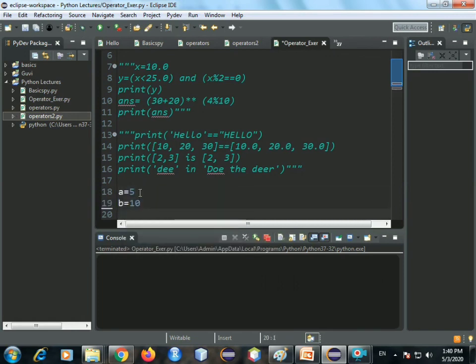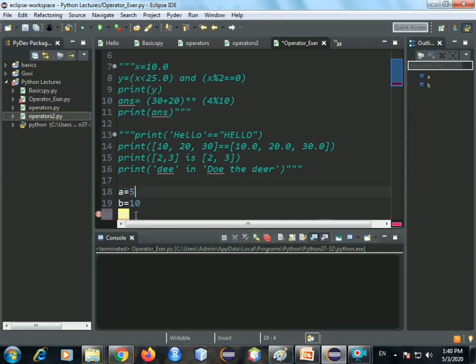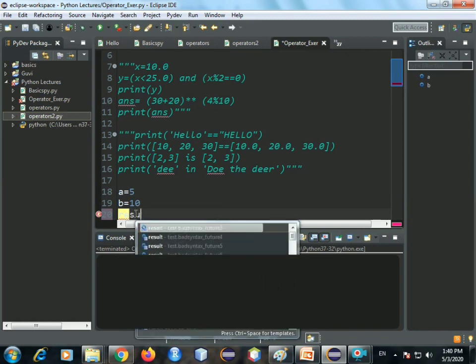Okay, now what I want to do is print 10 is divisible by 5. Okay, and I want to check it using the ternary operator. So first let's store it in a variable result.